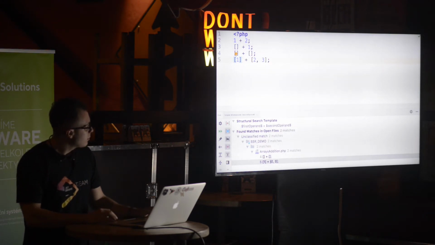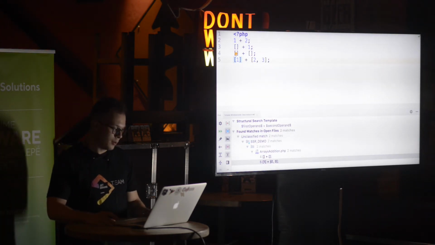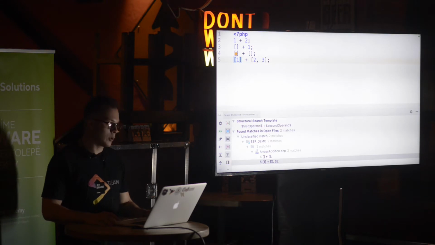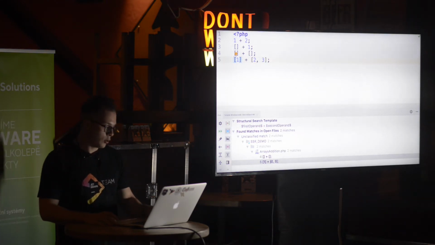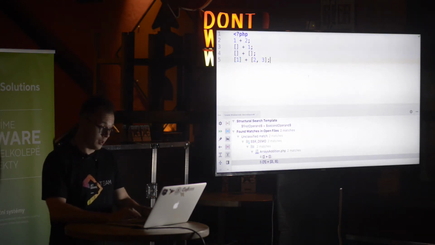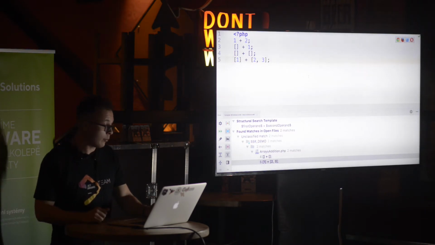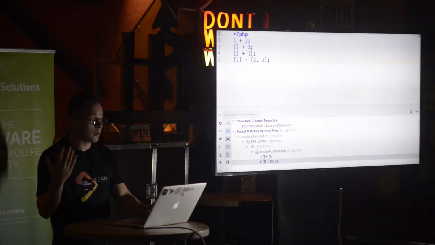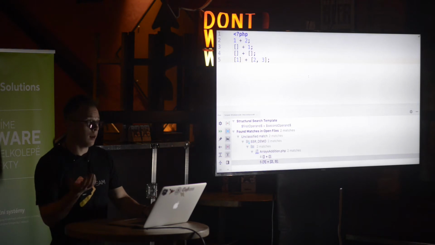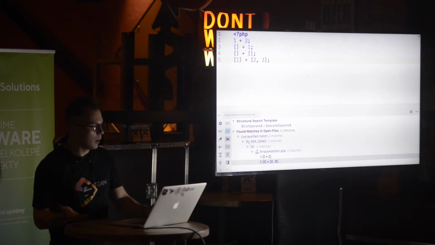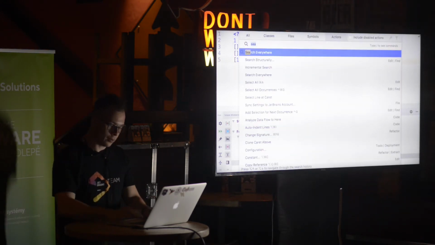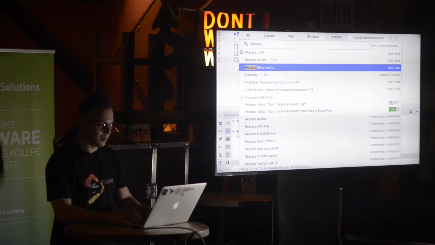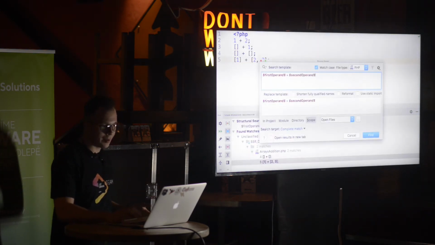And search is cool, but what is even cooler than search is actually search and replace. The feature is called code structure search and replace. So we can automatically not only find, but replace our templates, some sort of migrations. And we can use this with a similar action called replace structurally.